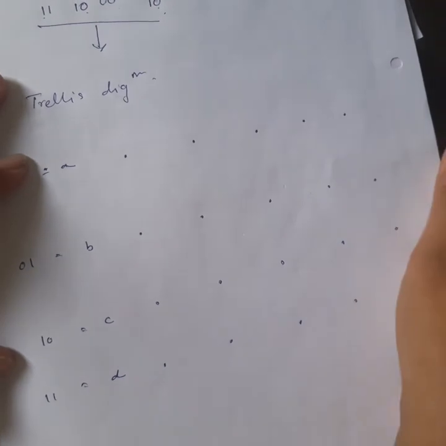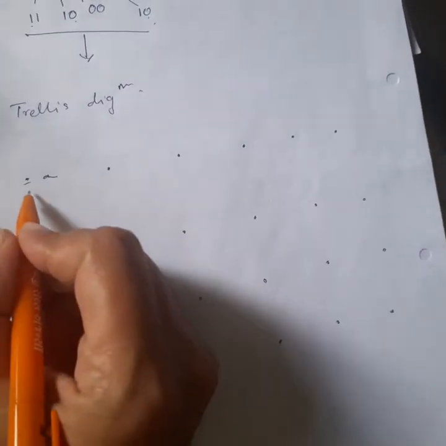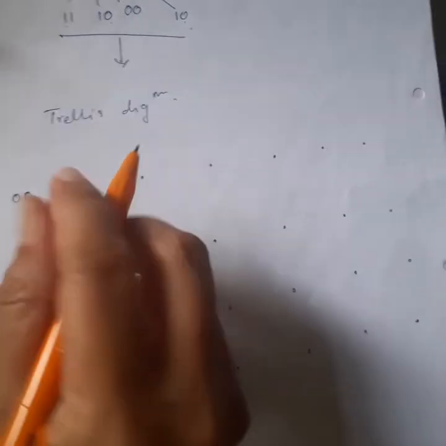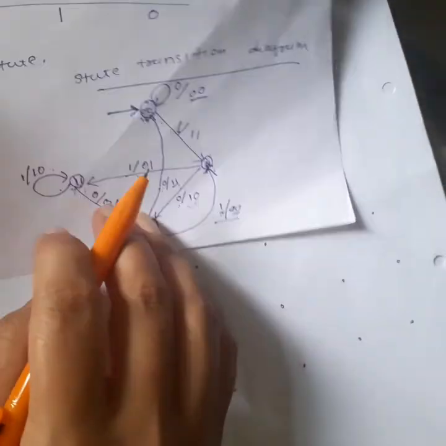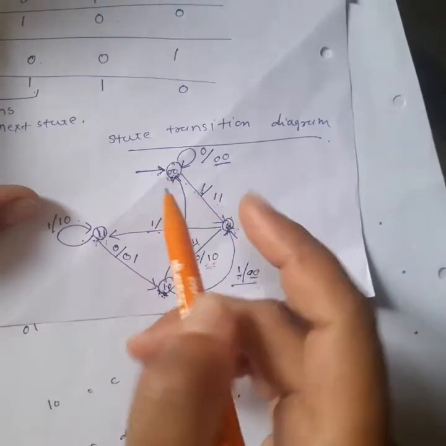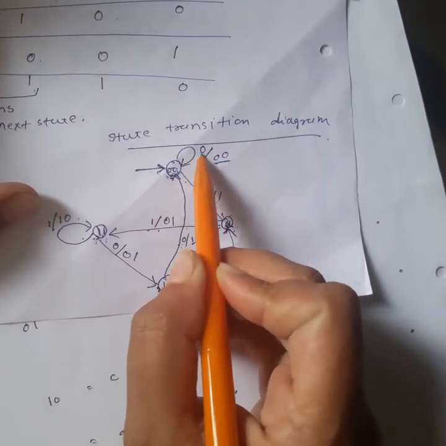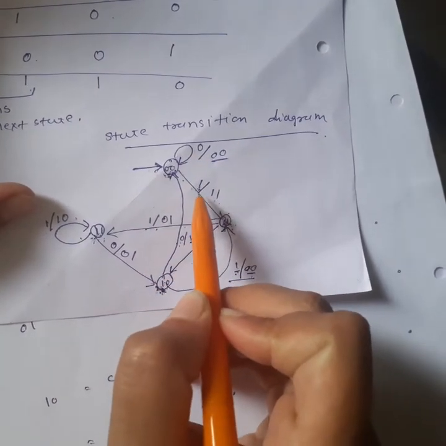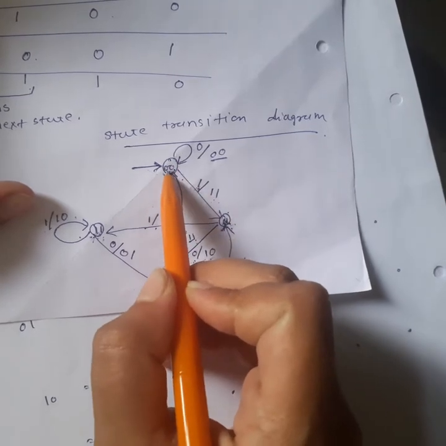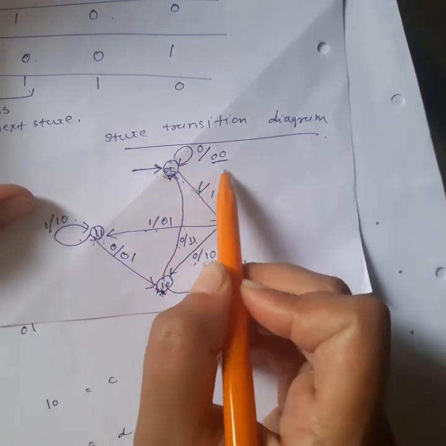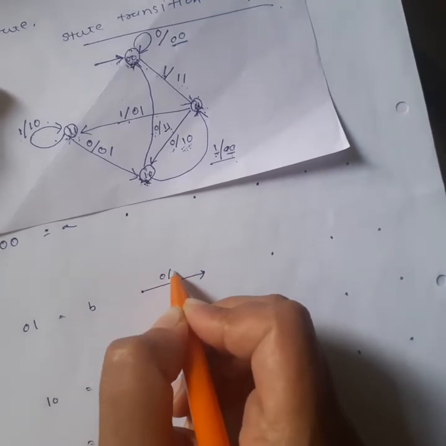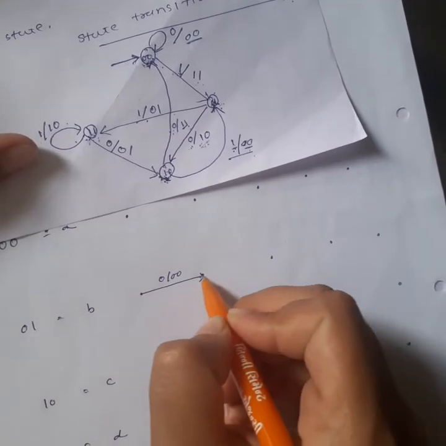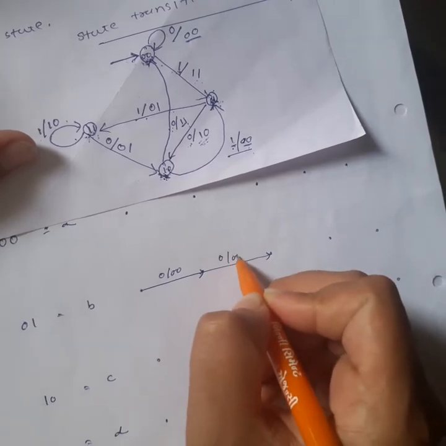Correct? Now we are starting with the 00 state, because we all know that it's the starting state. So I'll start with node number 1. You can see in this diagram that 00 can take input 0 or input 1. If it takes input 0, it will stay in its own state, having output value 0. So if it takes 0, its output would be 0 for all possible nodes of the state.